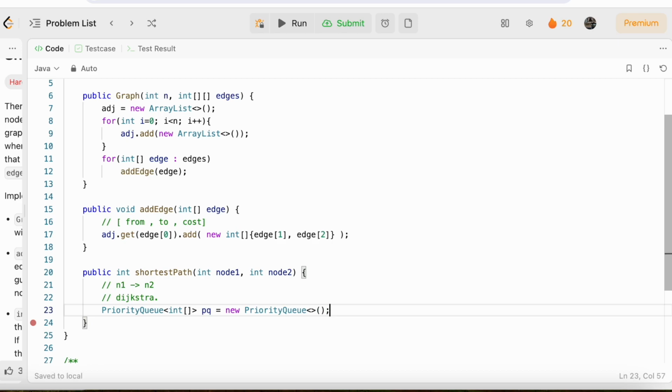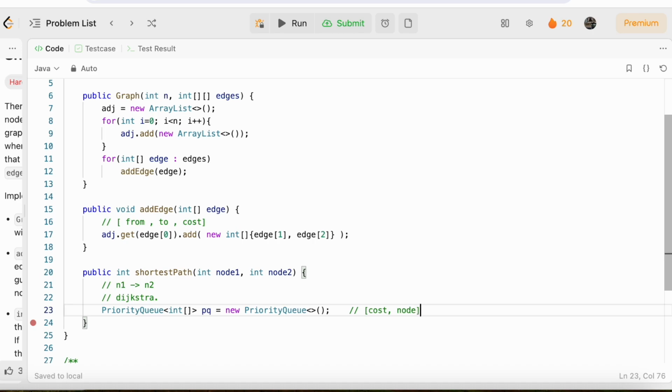And in our priority queue, what we are going to store is, we have to just minimize the cost. So we are going to store the values like the cost and